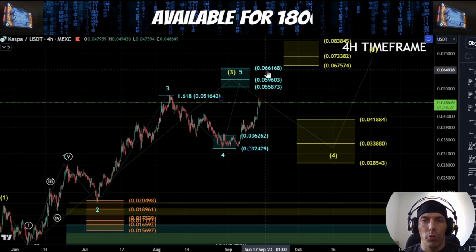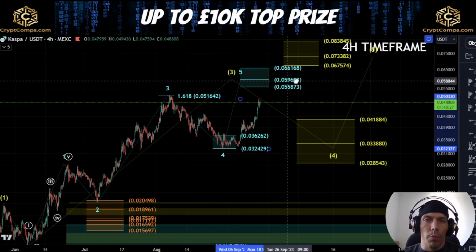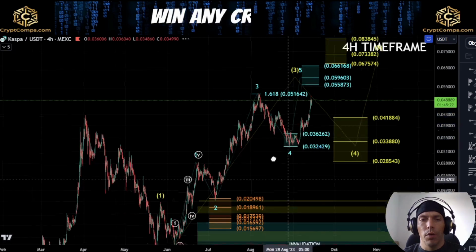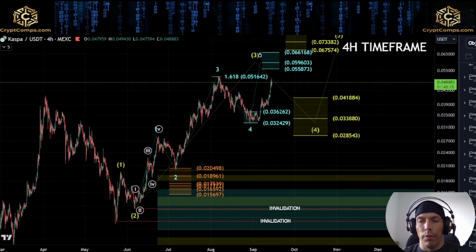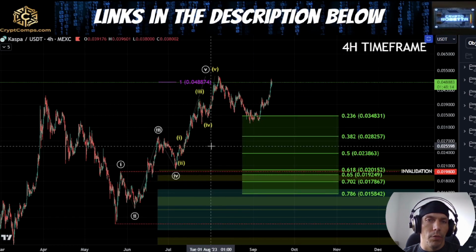The most common target would be this 6612, this 558 region. And this would be the most common area that we'd actually be looking for a fifth wave. Now, we need to be careful because there are other interpretations of this count here. And what we could still have is that there is the potential that this impulse actually completed further back here.